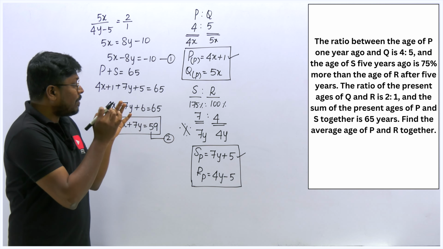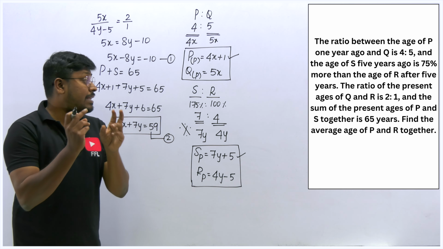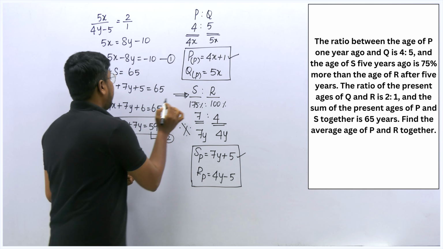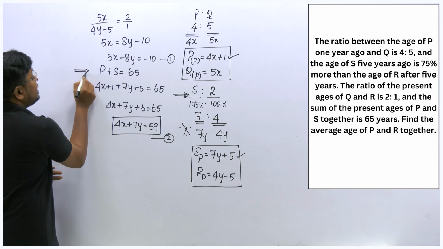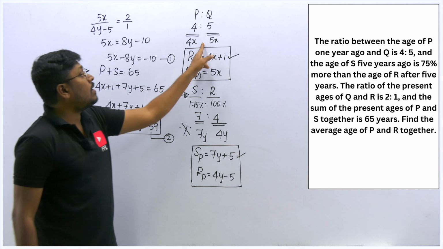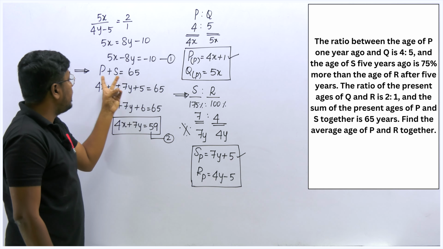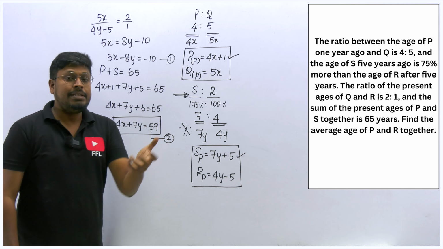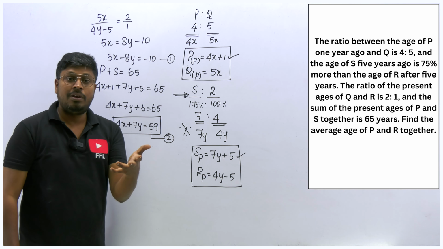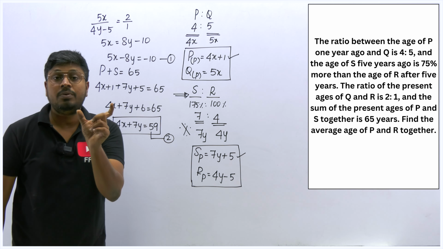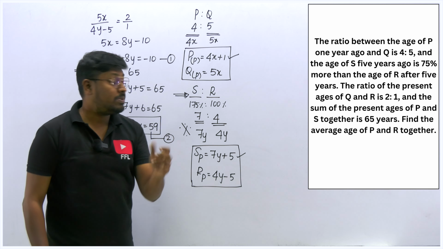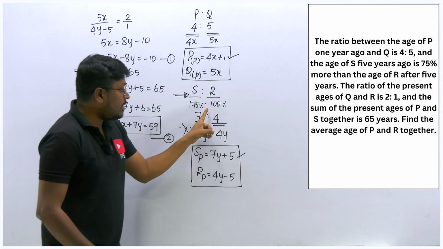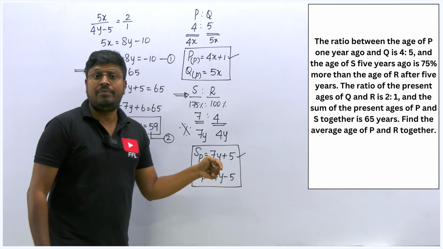Because just now I have told you, while reading the question itself, there are two clues included in the question. One clue is the percentage value, and the second clue is this value P and S. Because these are the direct statements, right? So these are not the direct statements. But when you look at this point, the total age of P and S is 65. It's a direct point. So once you read the question properly, and if you practice more, you can surely get the direct value, which point they have given a direct value. So here they have given a direct sentence. By using that, we have framed one equation. So here they have given one percentage value. By using that, we framed another equation.